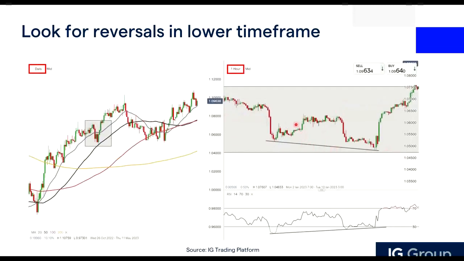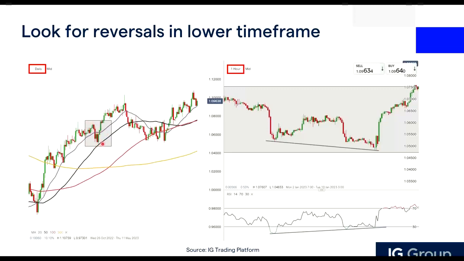Another tool that you can use, other than this 200-day moving average, is to add in maybe a 20-day moving average, a 50-day, a 100-day. And then you look at the price. If it's a very strong uptrend, you may notice that prices can bounce off the 20-day. And if it's not so strong but still quite strong, it can bounce off the 50-day. Notice that there's some form of confluence here in this pullback.